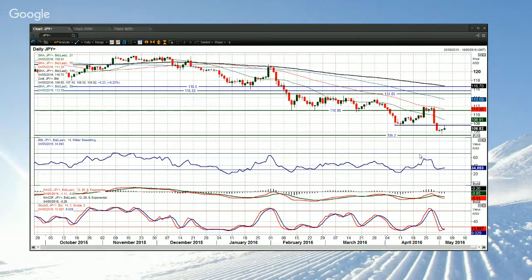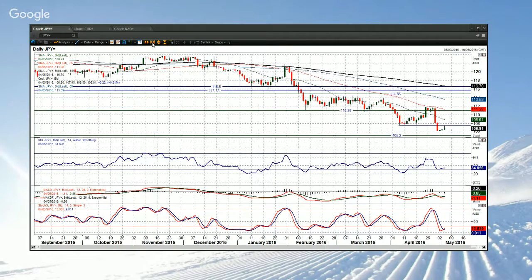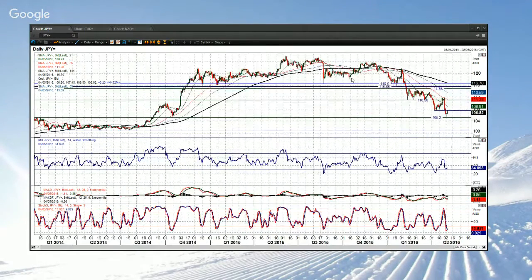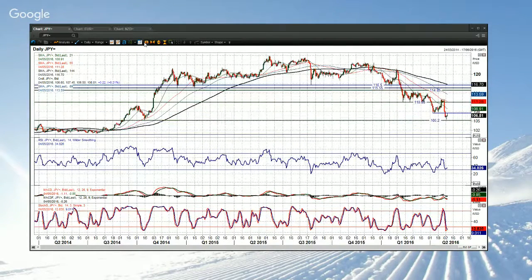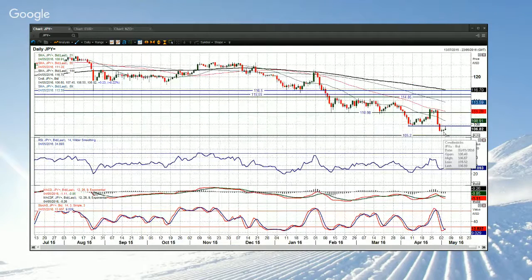However, as I do stress, I think rallies are still a chance to sell. On the long-term basis, this is a massive head and shoulders top pattern that gives you a maximum implied downside target of 105.20, which is in line with this big old pivot level. So I still wouldn't be surprised to see 105.20. I mean, it almost got there, didn't it? It wasn't too far off it. 105.50, 30 ticks, but I still think that there is further in this to the downside. And ultimately, I think rallies are a chance to sell.